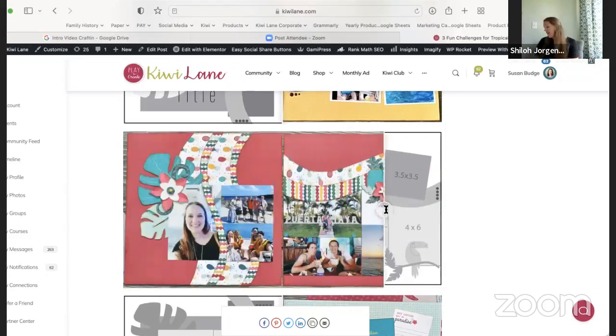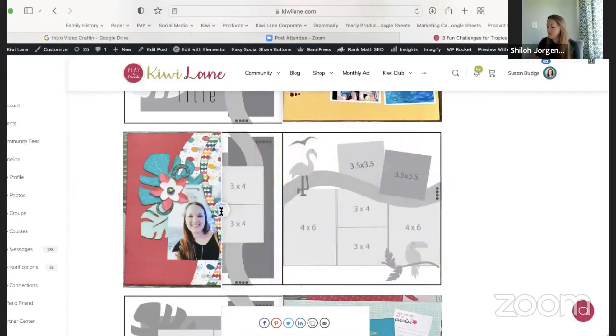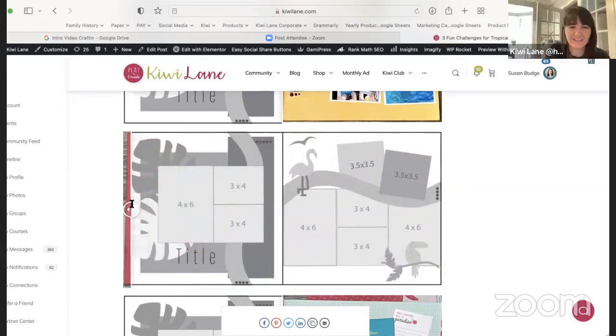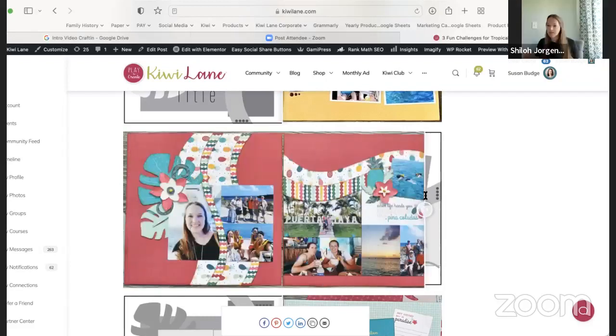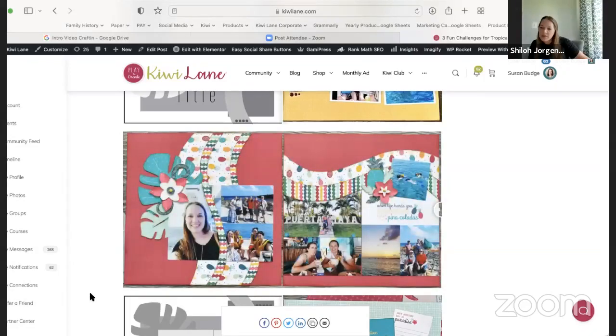I think it was really fun. I adjusted my pictures a little bit, but it's still pretty similar to the little sketch, as far as the basic layout goes. I just made a few little adjustments to it. And then I did add in the little leaf that we got in the wild kit. Oh, underneath the left. Yeah. Because people were wondering. That was a couple months ago, not too long ago, so hopefully everybody has it, but it works really cute with all the other ones on here.